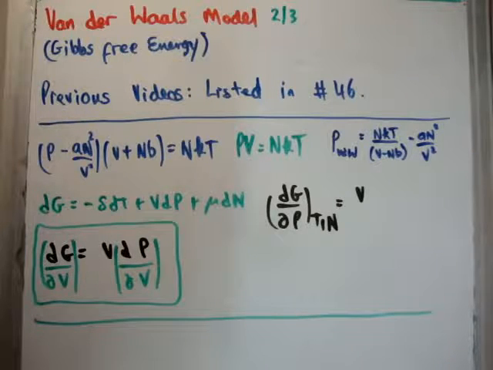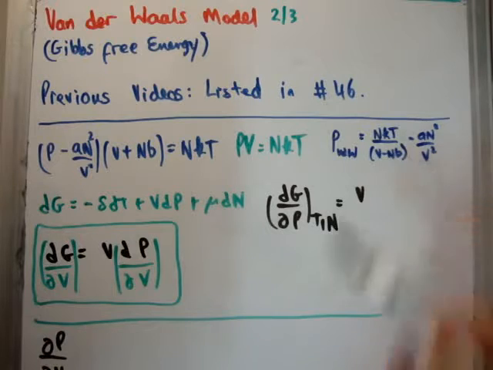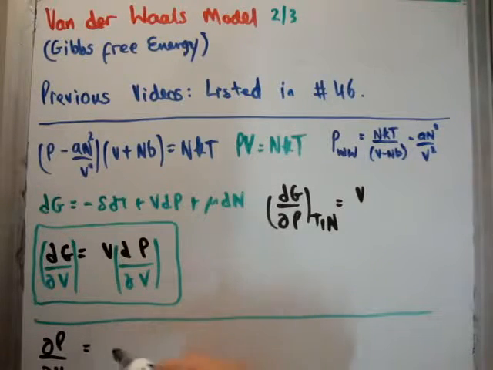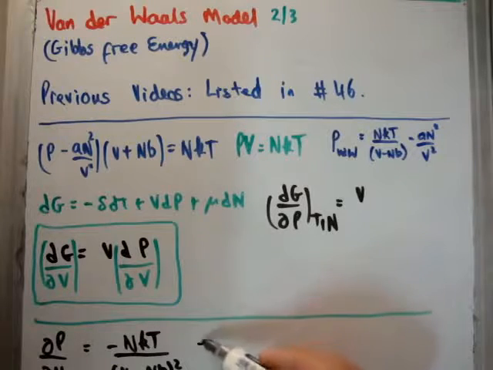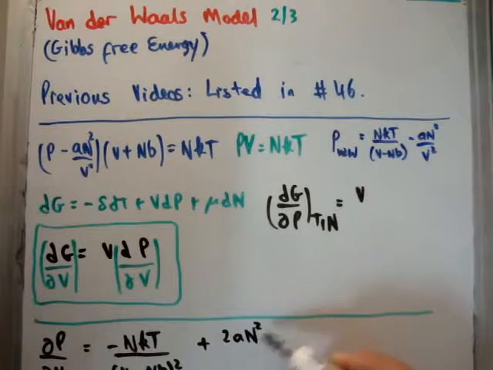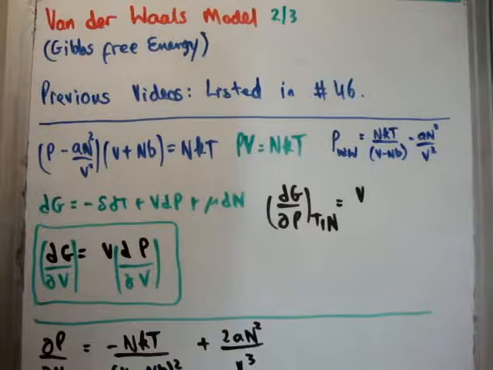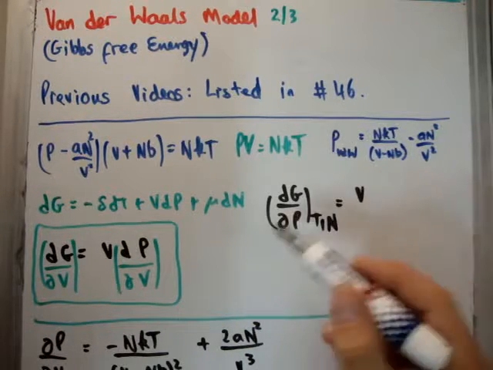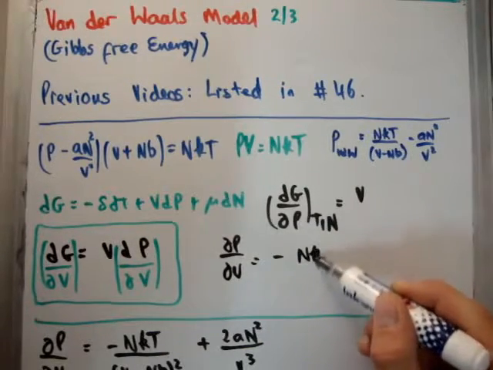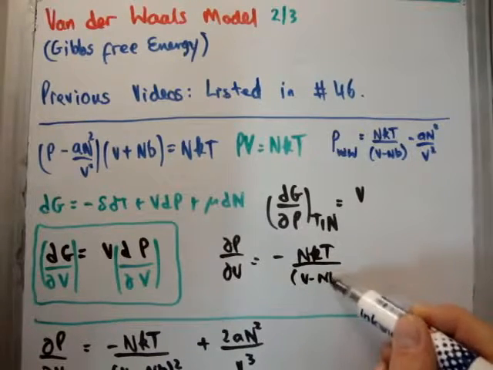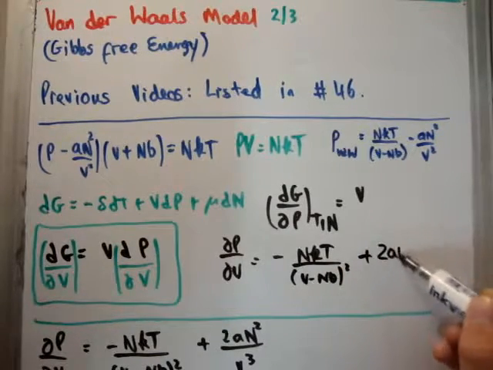So actually, no, I'll leave it there for the moment. We need to get dP/dV, or del P del V. So del P del V is just the derivative of this with respect to V. And that's going to be minus nkT over (V minus nB) squared plus twice a n squared divided by V cubed. Okay, that's just a small bit of differentiation. So I'm going to write that here. We have del P del V equal to minus nkT over (V minus nB) squared plus 2a n squared